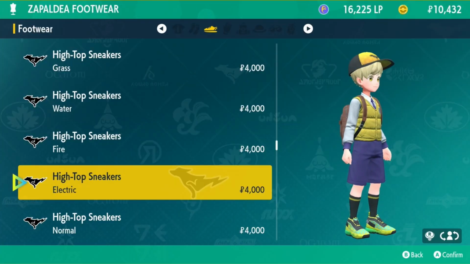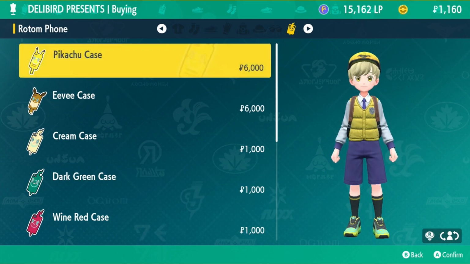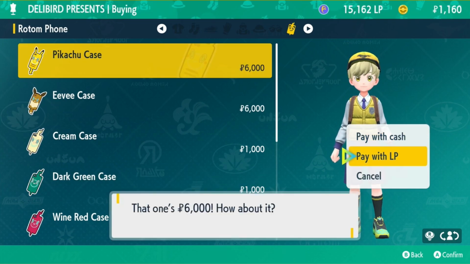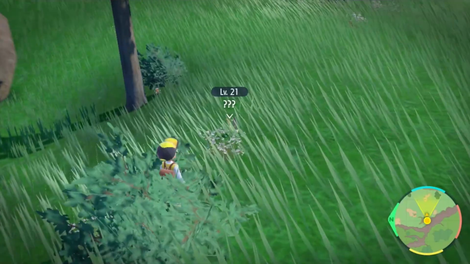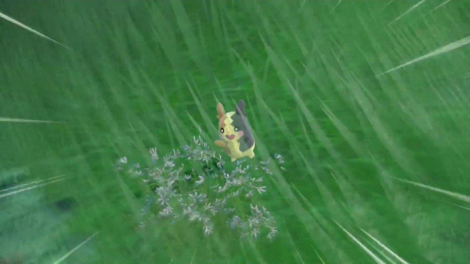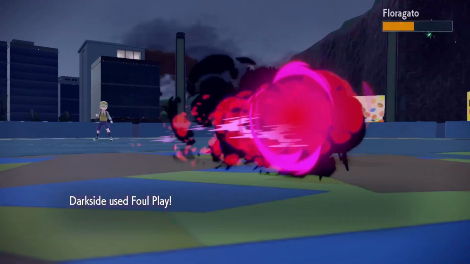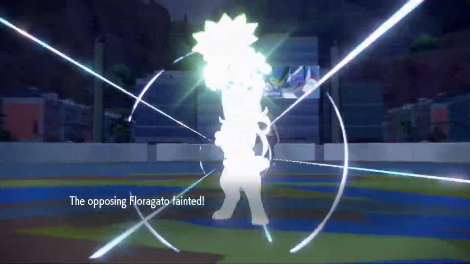In Levincia, I can buy the next piece of our electric set, some high tops, and how could I call myself General Shock without the Pikachu phone case? Then we take a quick detour to Kitakami, where we can add arguably our most important team member, Darkside the Morpeko. Thanks to our newest member, we make pretty easy work of Nemona's team before taking on Iono's gym challenge,